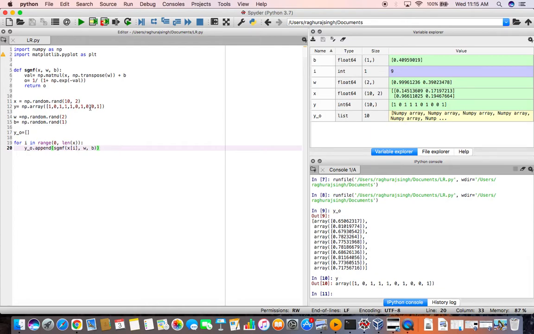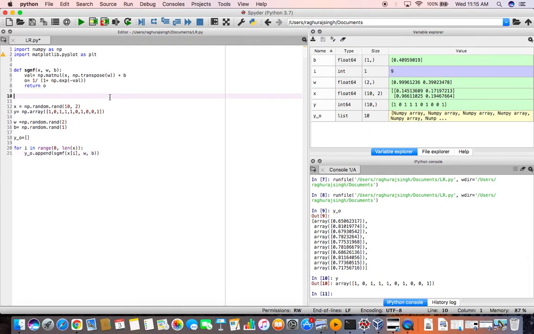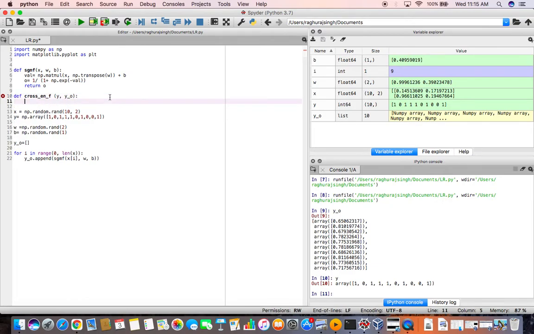Okay, so in the next step we need to calculate the loss, and in this particular example we are going to consider cross entropy as our loss function. That cross entropy function will take the true label and the observed value as input. And the formula says